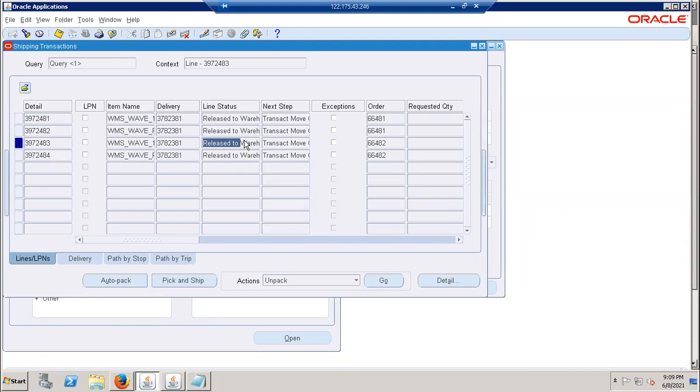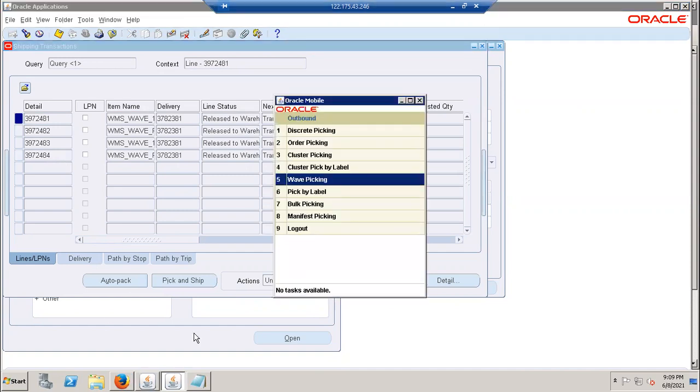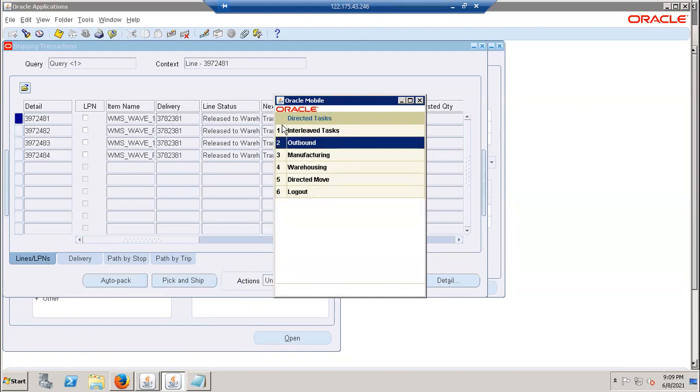Released to warehouse. It is released to delivery only. Why will it be released to delivery? You need to perform the load option now. Close this. Go back. Yeah, interleave task. Okay.